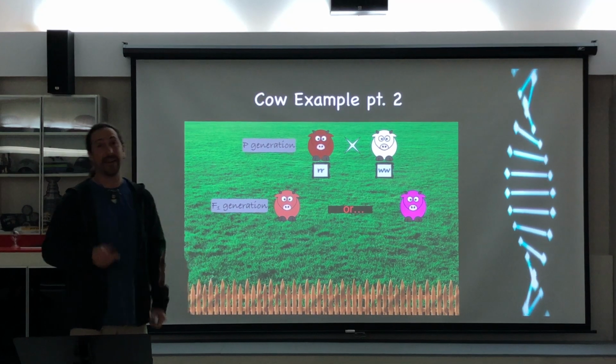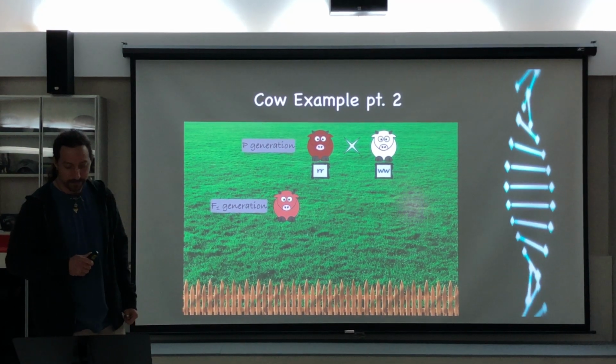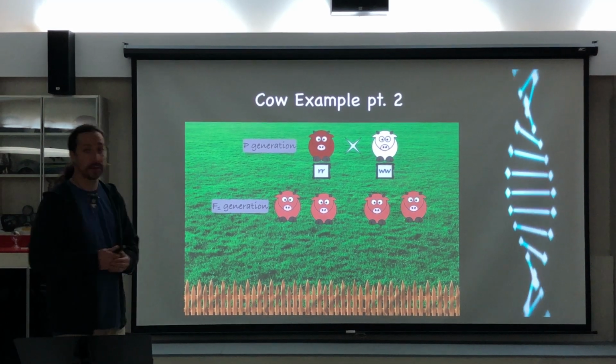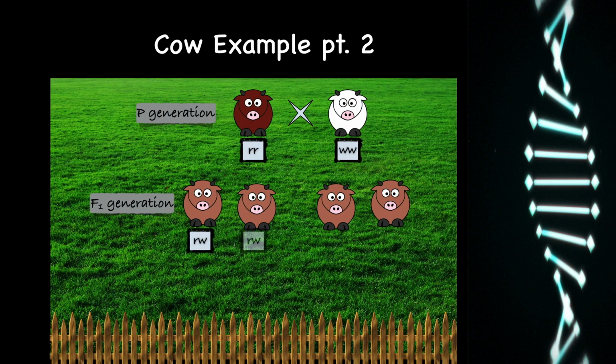So sorry, it would not look pink. We would end up with 100% all looking roan, because every single one of them would be heterozygous. They would have both the red and the white allele. So phenotypically, they would appear roan. Genotypically, again, heterozygous. And if we were to cross 2 roan cows, then we would anticipate in the F2 generation